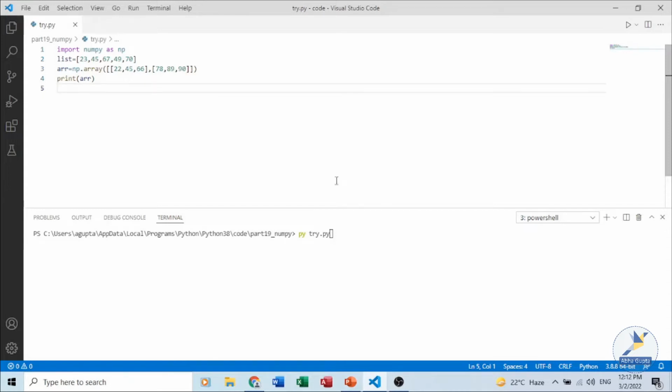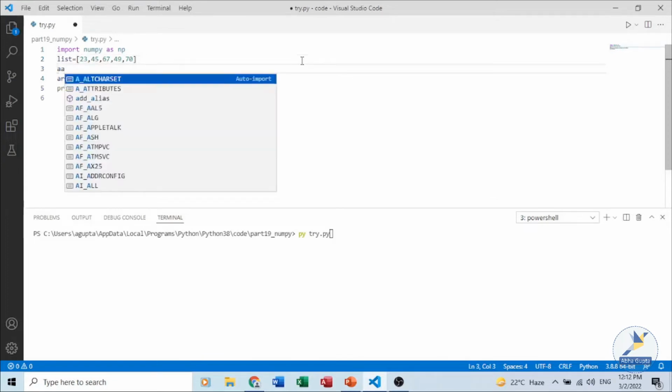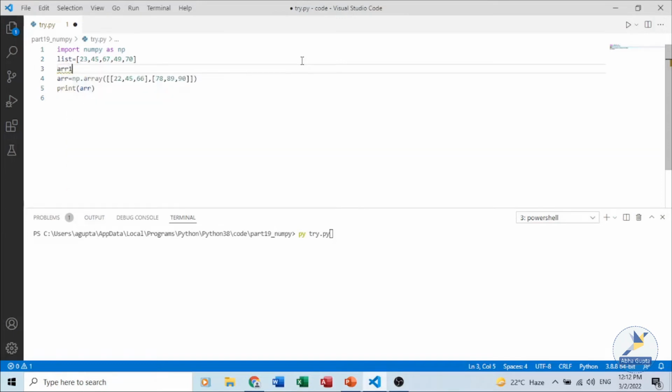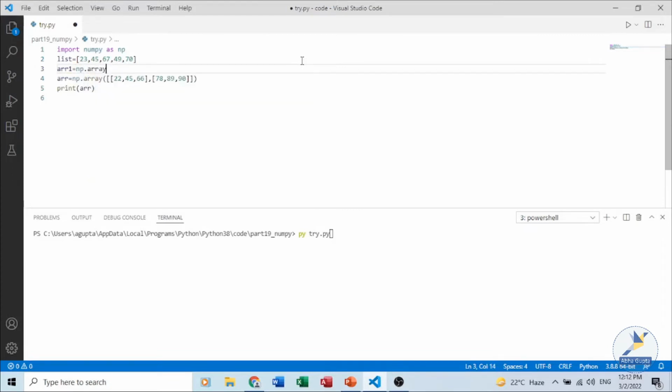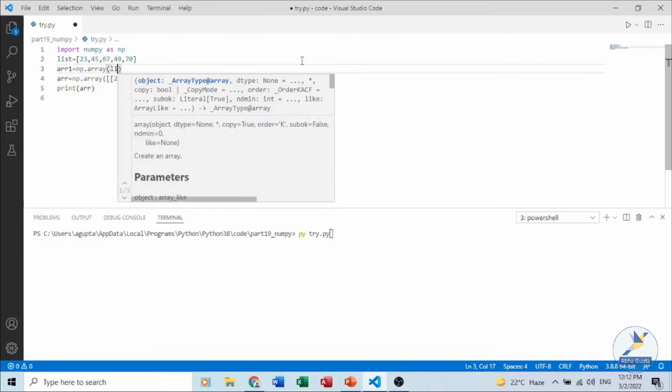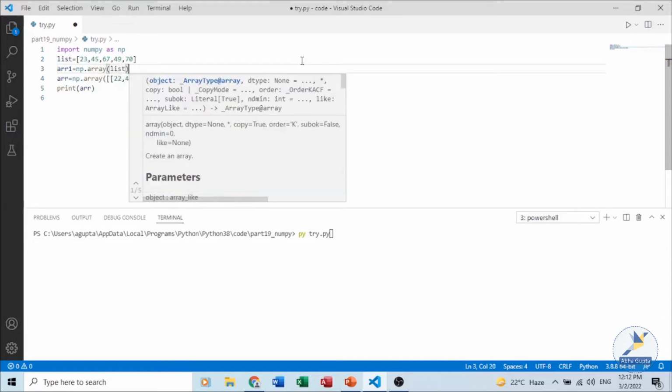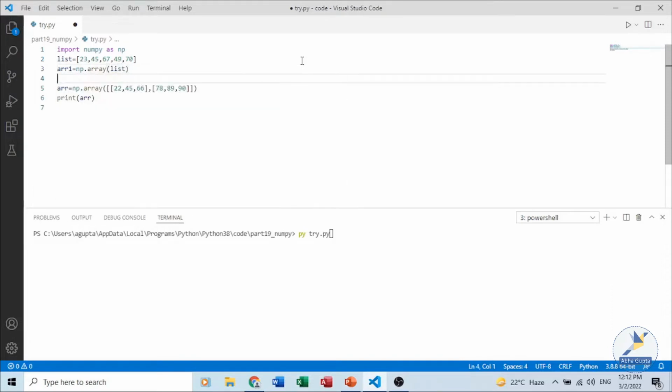So let's create one more array, say ARR1 equals np dot array, and this one we are passing the list. The second one is this one where we have a two-dimensional array.